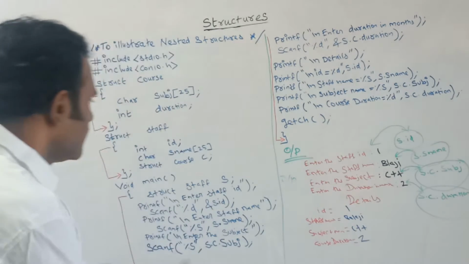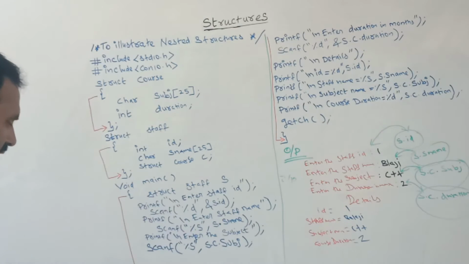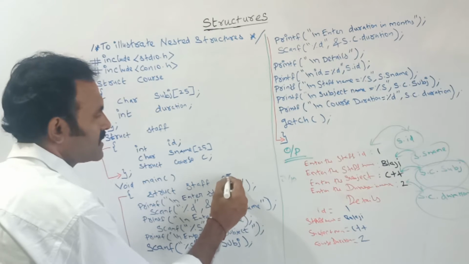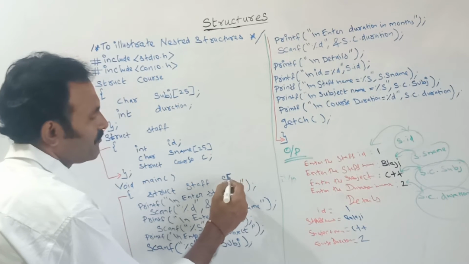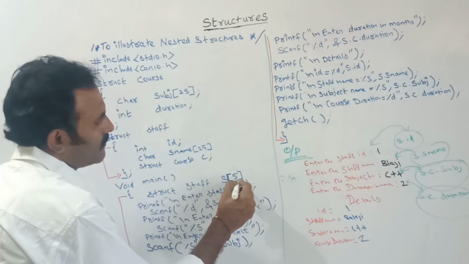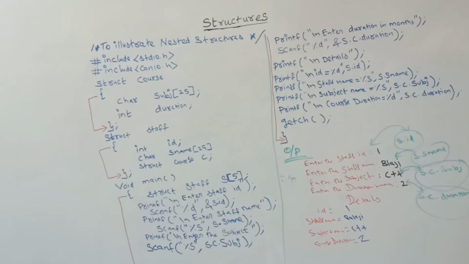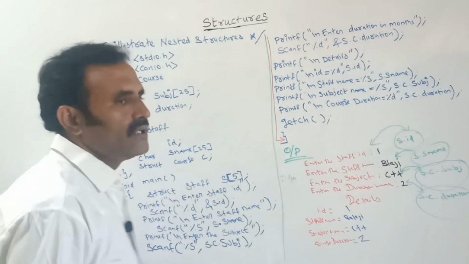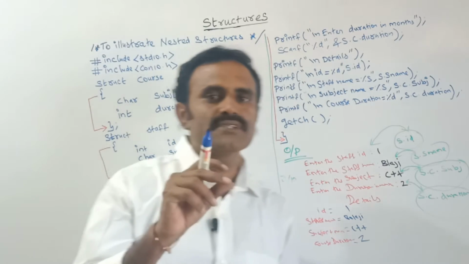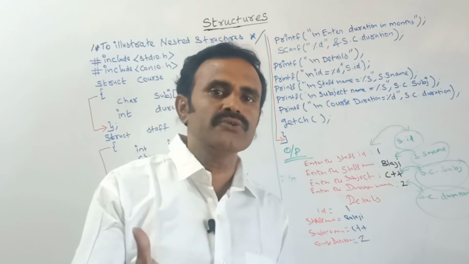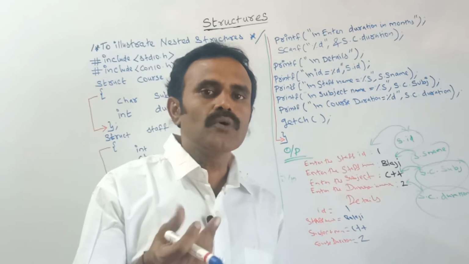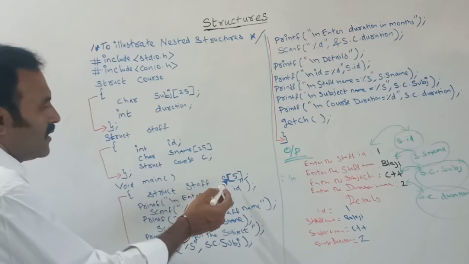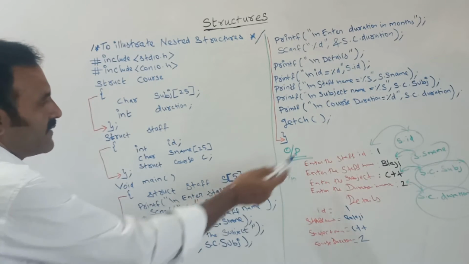Let us assume this example. If I declare an array variable here, and for the subscript I give 5, then how many records can I store? I can store 5 records. In the same way, if we need to store more than one value, we can use a loop. With the help of this loop we can store more than one value. So here I can store a maximum of 5 records.